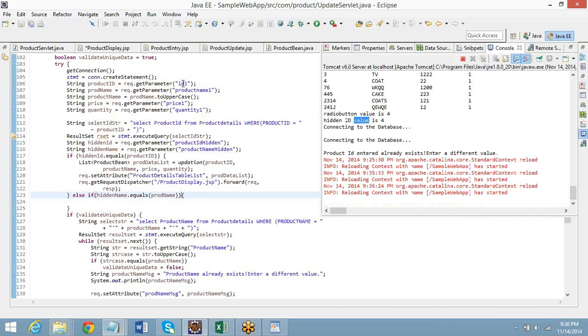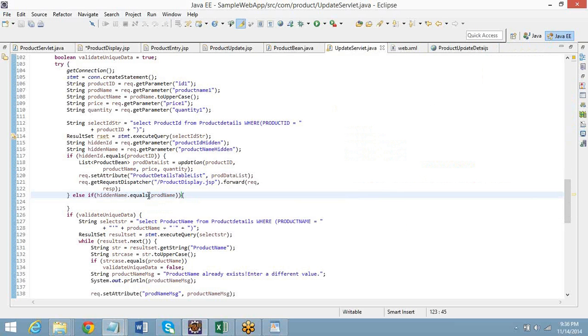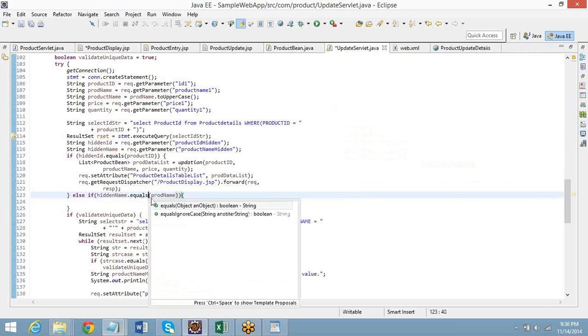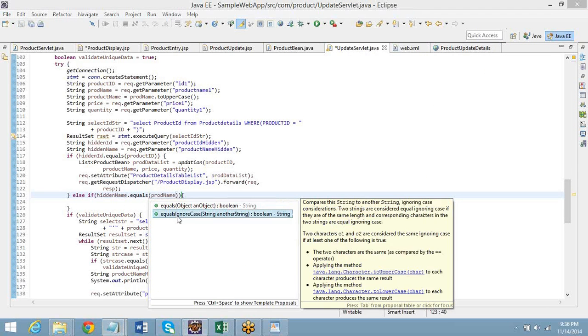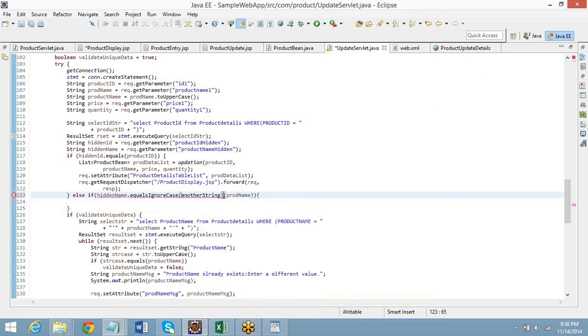Oh, what was happening is when I was entering with a different case, it was inserting that value as well in the database. What you need to do here, in the 123 line number, is equals ignore case, product name. No, that's okay. Equals ignore case, keep it. Okay. Ignore case. Yeah, click on that. Make it proper. Okay, done.